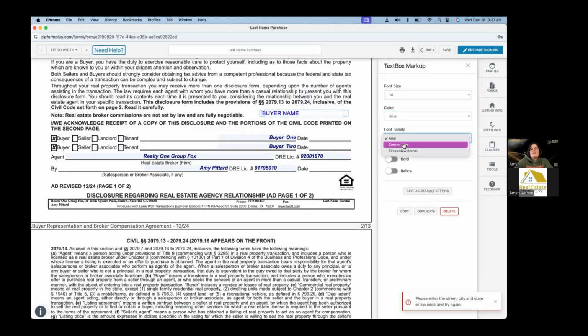We can change the font family. We can make it look different. Okay, Arial does match what else is on the form. And then I like to go bold and italic because then it matches what else is typed onto the form. Okay, so I usually keep it Arial. I go bold, italic, and then I reduce the font until it matches kind of what's already there so that